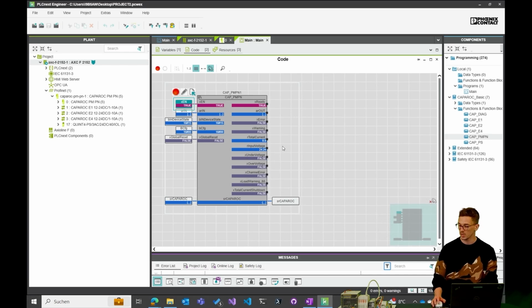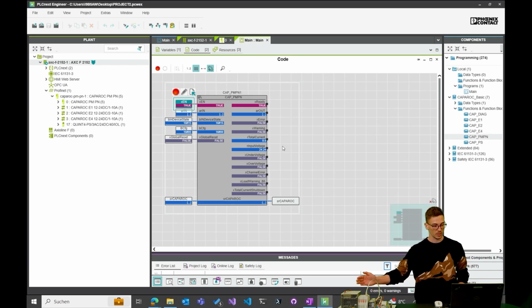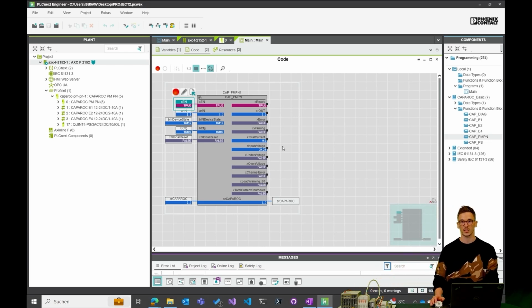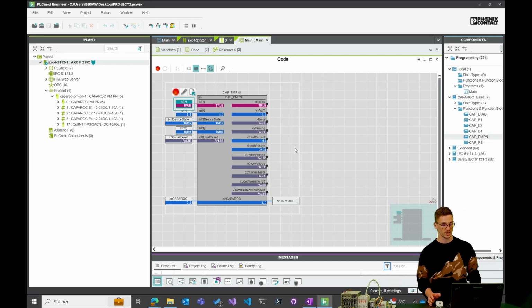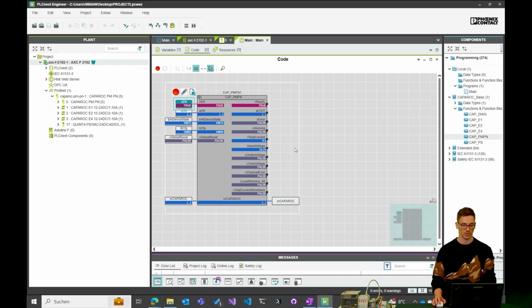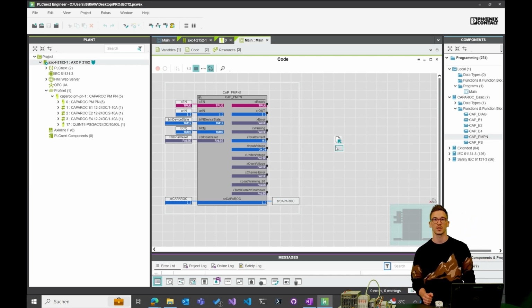We have no devices connected to the circuit breakers here, so there's no current flowing at the moment. So this is why it's 0 amps right now, but you can see the 24 volts that the device gets as an input voltage. So this is how easy it is to get the data from the devices or from the PMPN device.